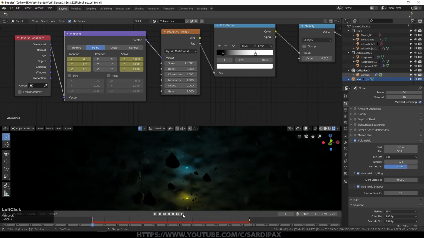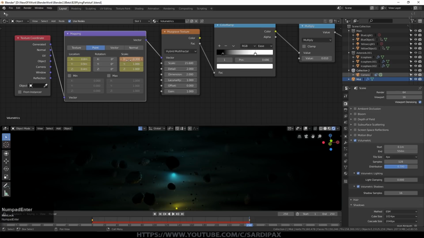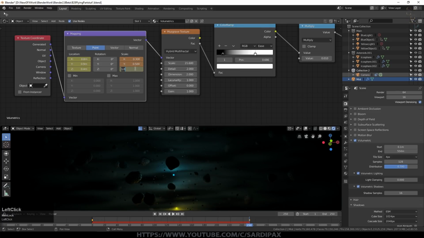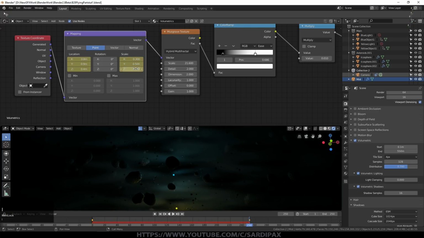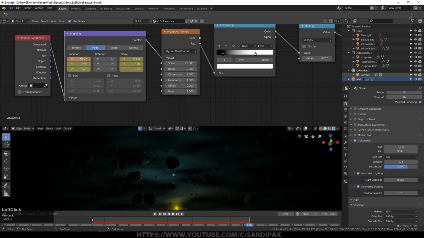So I'll go to the end and I'll perhaps go 0.3 on X, maybe 0.5 on Y, and maybe 0.75 on Z. Store that, and then we'll move X quite a bit more and we'll store that.